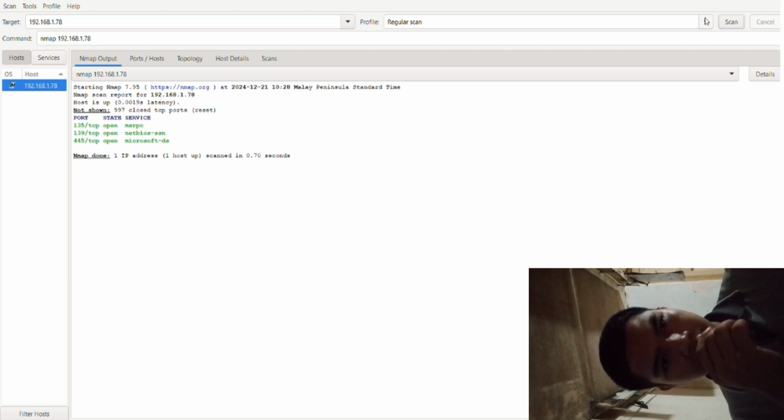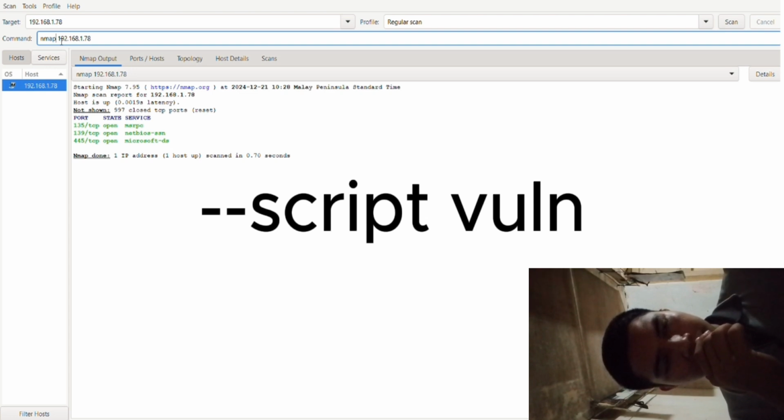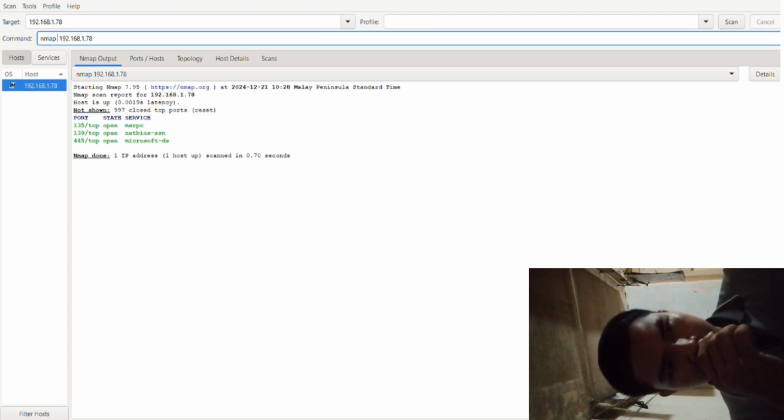Next, let's identify vulnerabilities. Nmap includes powerful scripts for this purpose. For example, I'll run the --script vuln command to check for common vulnerabilities on ports 80 HTTP and 443 HTTPS.